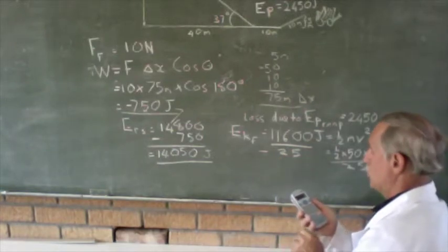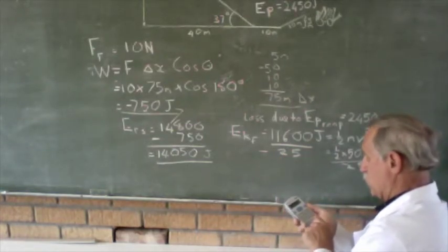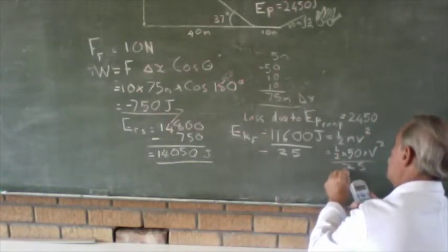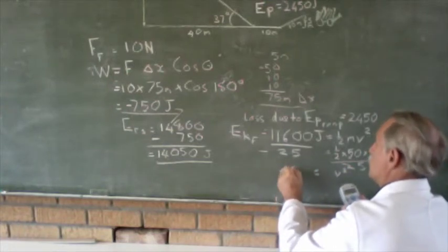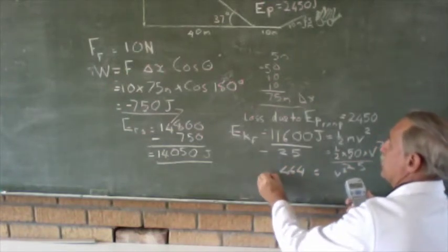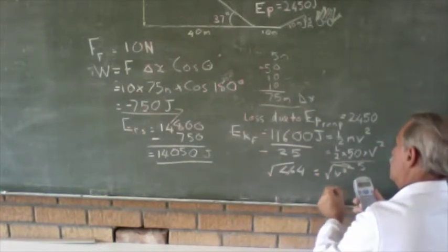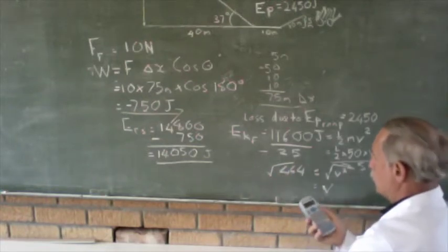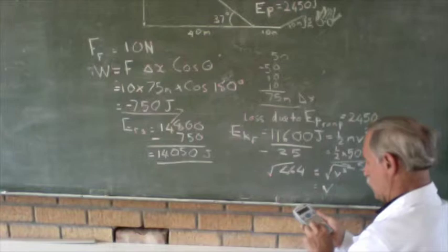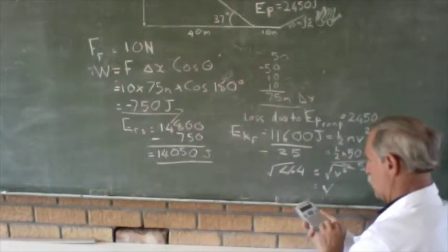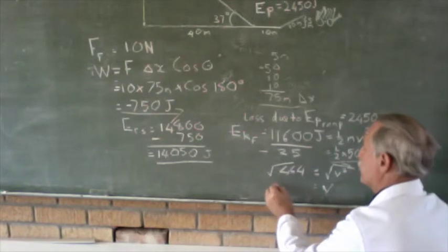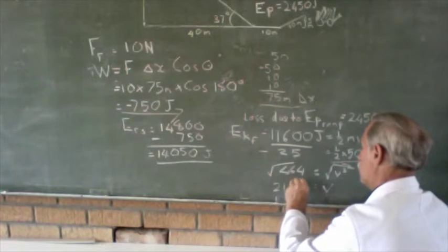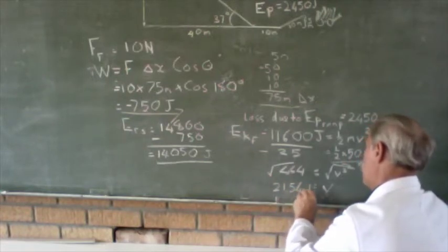So 11600 divided by 25 gives us 464, v squared is equal to 464. We're going to find the square root of both sides. Therefore, the square root of v squared is v. The square root of 464 is 21,54 meters per second,